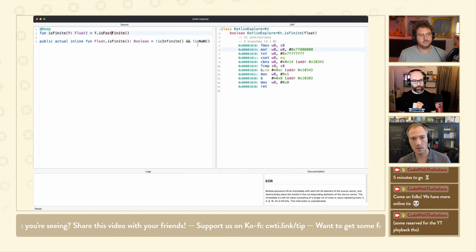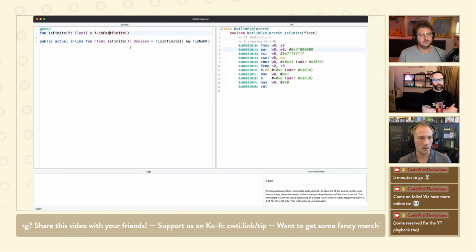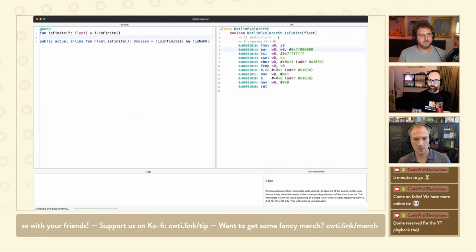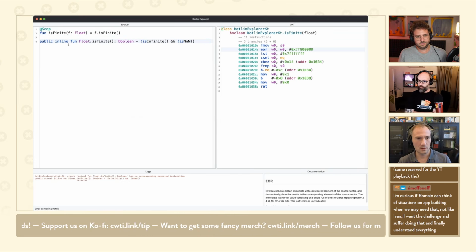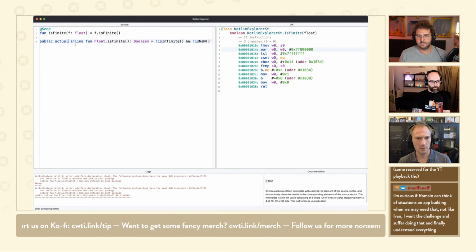And is finite. Yeah, okay. Will that work if I do this? Let's see if this works. So 11 instructions, 3 branches. Oh, wait, I removed the wrong code. What am I doing? Oh, sorry.